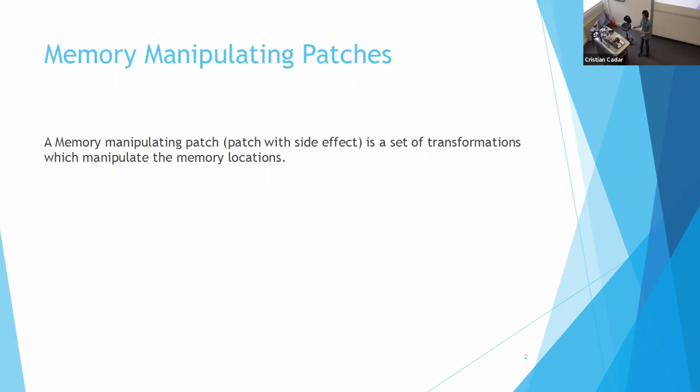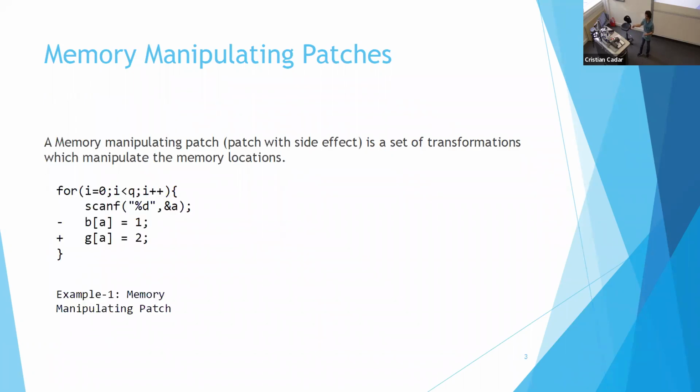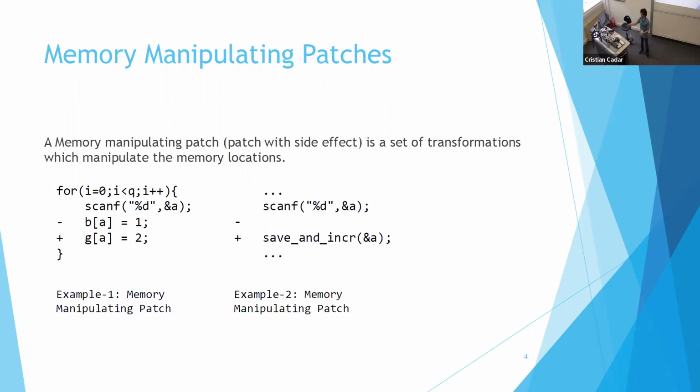In this work, we extend existing semantic program repair approaches to also handle patches with side effects or memory manipulating patches. A patch with side effect, or a memory manipulating patch, is a set of transformations which exchange the write to a different memory location. The first example is a memory manipulating patch because we write to a different memory location, from P of A to G of A. The second example is also a memory manipulating patch because we make modifications to the address